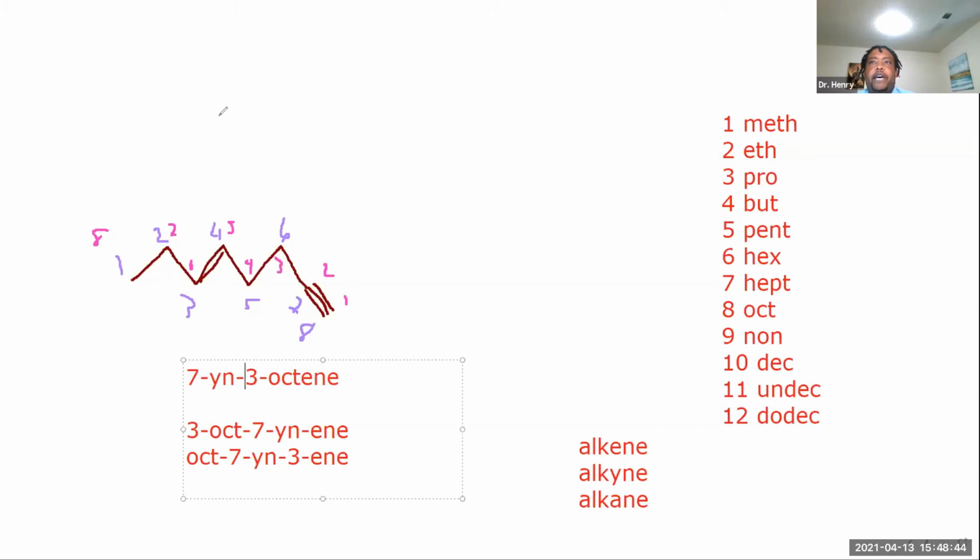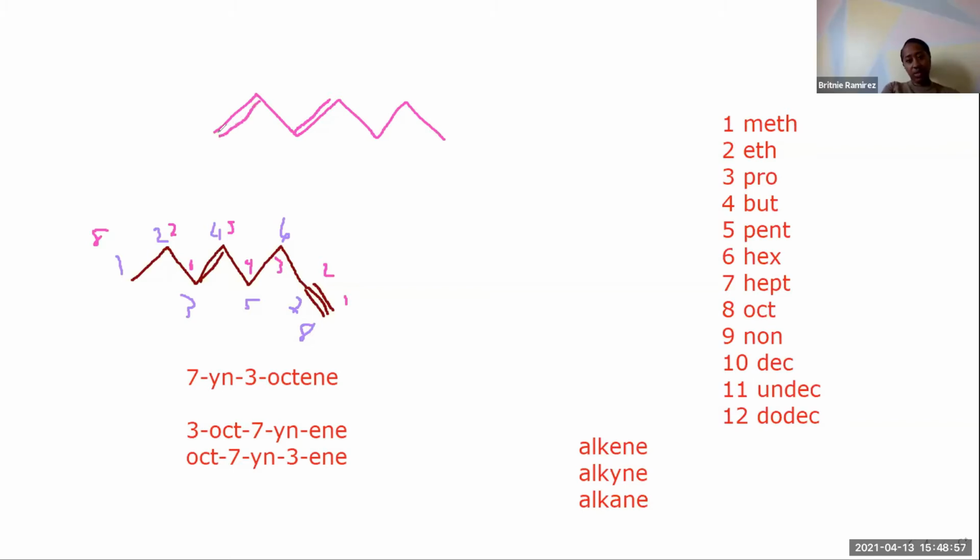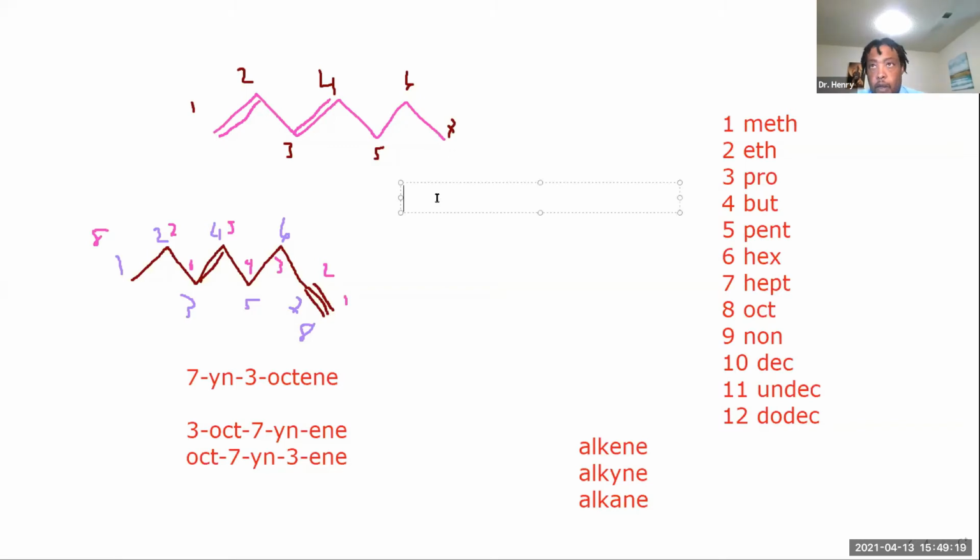So now what happens if I have 2 double bonds? Say we have one here, and we have one here. Would you base it off of the lowest one? You would always base it off the lowest one. Okay, so let's go ahead and count. So 1, heptane, 3. 2, 3, 4. Okay, so then we would call this guy 1, 3, 1.